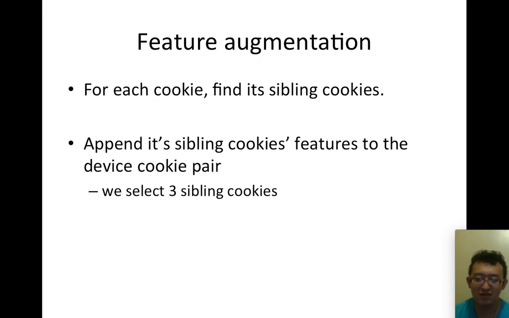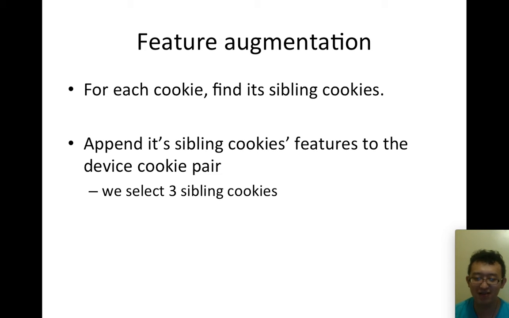The instance of this classification problem is a device cookie pair, but each device may have multiple cookies, like device 1, cookie 1, device 1, cookie 2. But the classifier is not aware that device 1, cookie 1 and device 1, cookie 2 are actually for